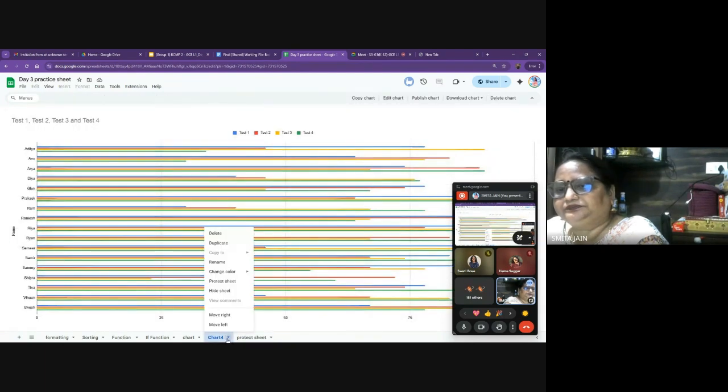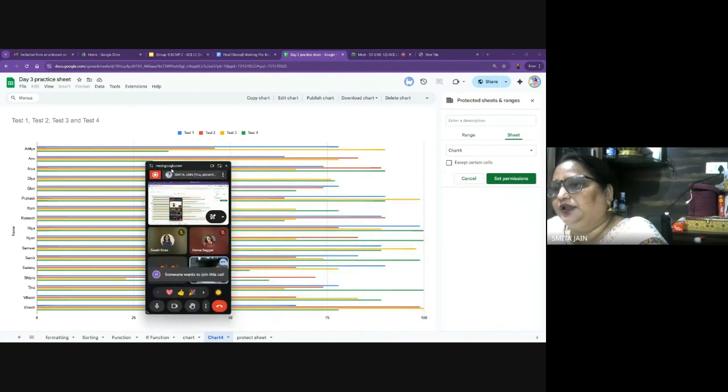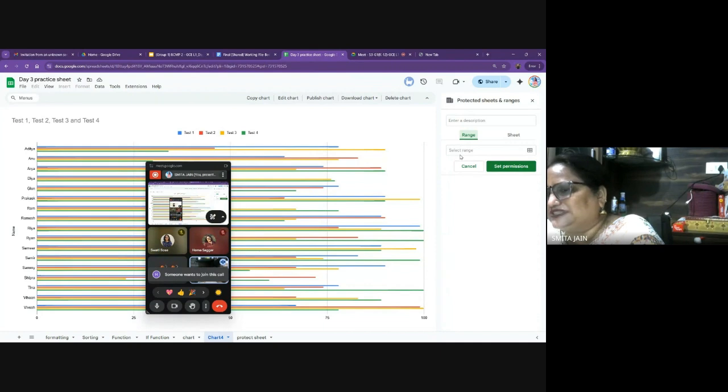See, you have an option. If this chart is there, I want nobody should touch my sheet. So I will protect my sheet. This is a window which appears when I click on protect. It asks me whether you want to select some range to be not touched by other colleagues, or you want the complete sheet to be protected. If I say no, I want the complete sheet. So chart 4